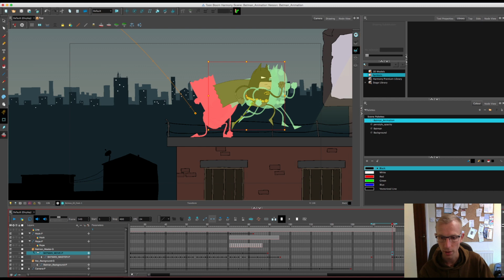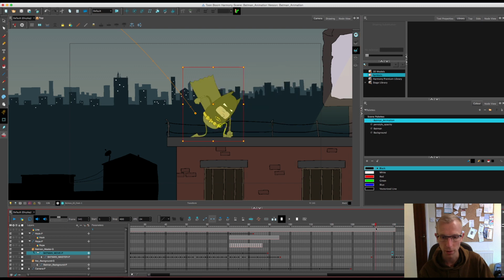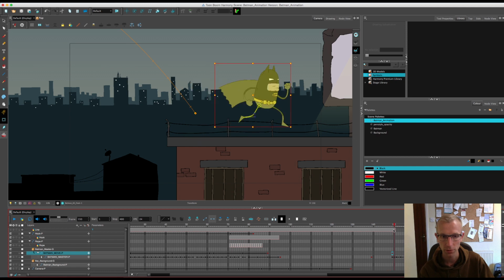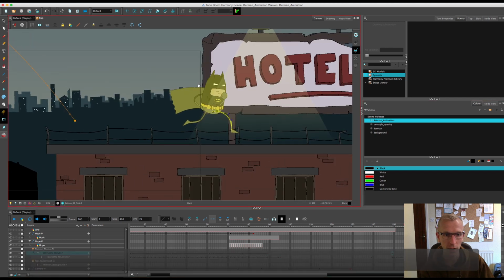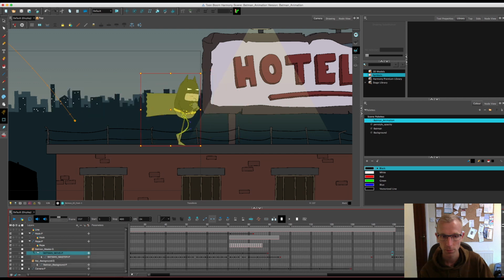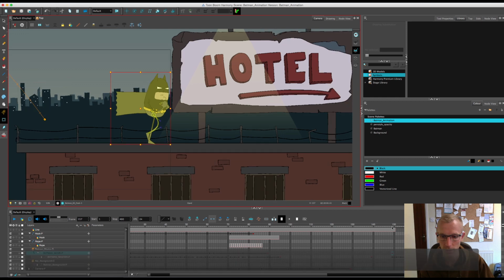So like I said, I'm going to add an in-between frame in there in a while, but just to get the timing right. So he lands, and he's going to burst into the jump again. So he's going to fly off, running along the top of the building. He's going underneath the light there, that will look quite nice. So I probably need, oh, that's the,